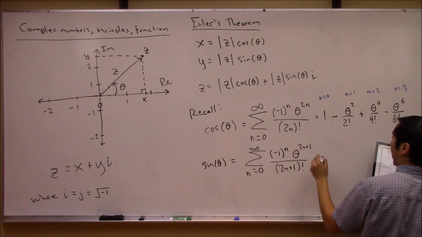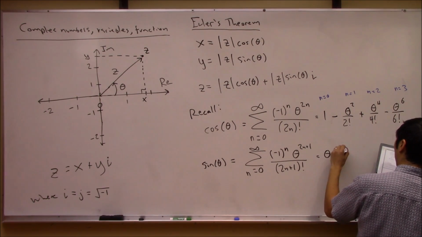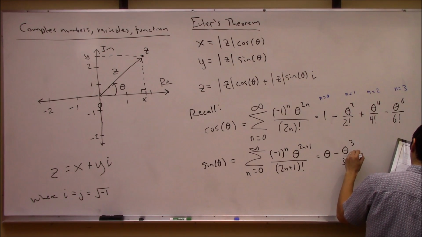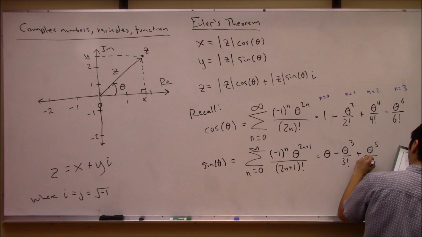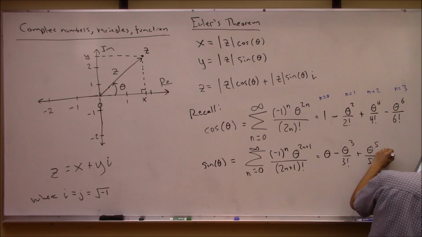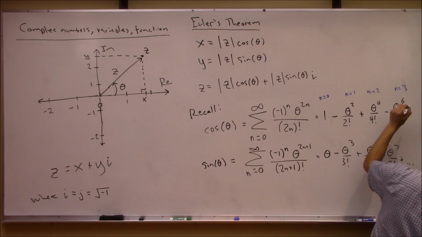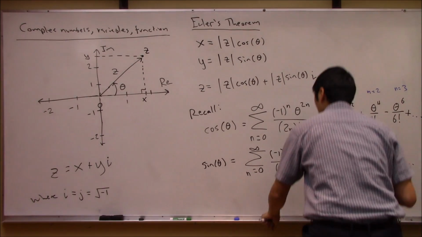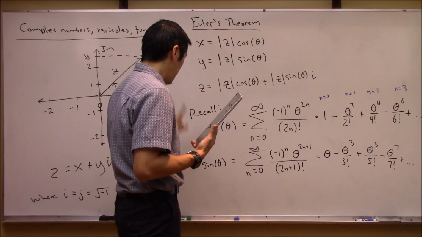In that case, you actually end up with just theta. Okay, and then you get minus theta cubed over 3 factorial for the n equals 1, and then you get plus theta to the 5th over 5 factorial, and then you get minus theta to the 7th over 7 factorial. And I guess I should have written dot dot dot on these, because right, these just keep going on and on and on, right? Okay, so now, tell you what, let's take these expressions, cosine and sine, and let's examine